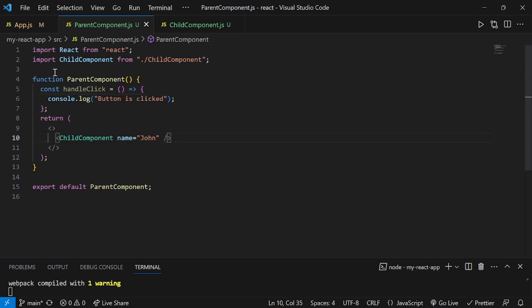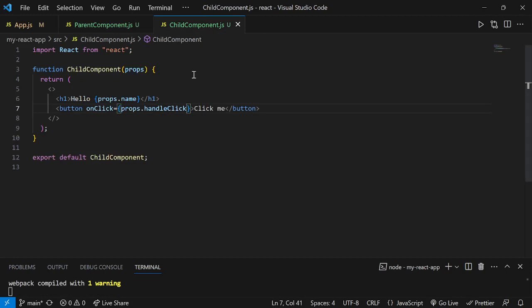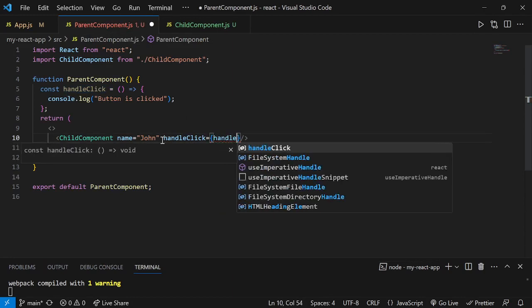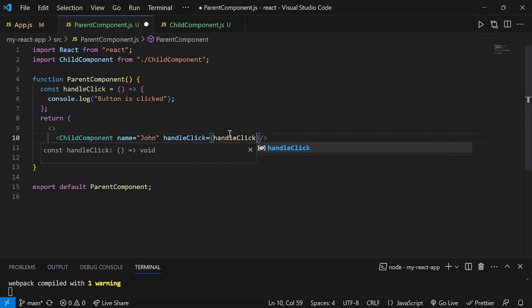Now I have to pass this function from here to the child component, because right now if you click on the button, nothing will happen, because this onClick event handler is expecting a method as a prop. You can see over here we have written props.handleClick. So whenever it is expecting handleClick, it should get this function. The handleClick inside the curly brackets is our function, and the handleClick outside is our prop name. Once I save it,